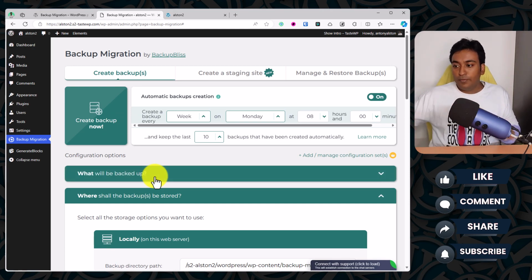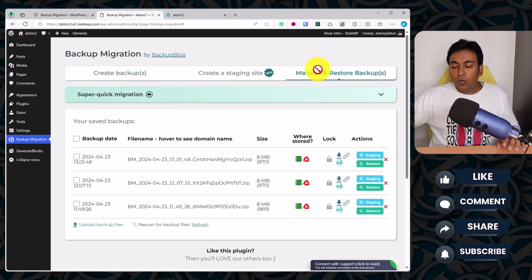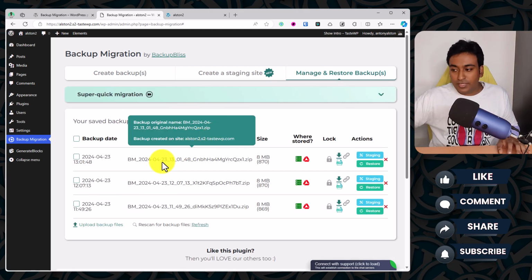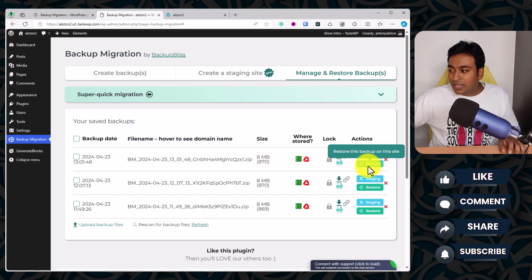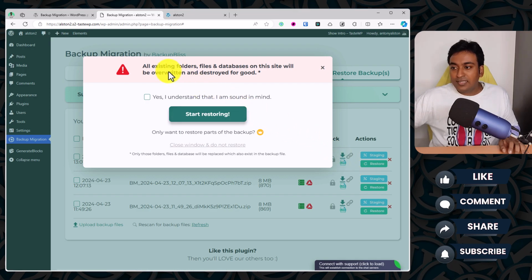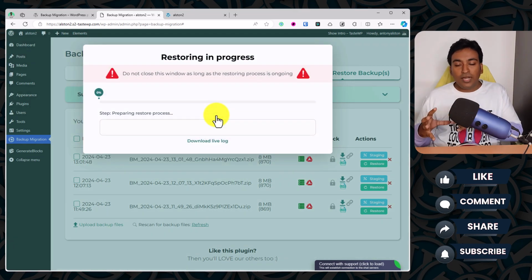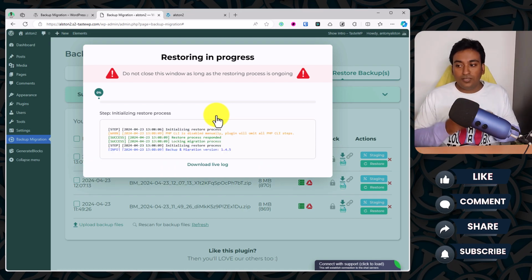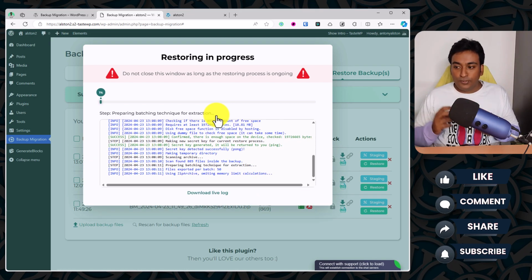Now quick information: you created the backup, how do you restore it? If you are keeping it on the local server within the website itself, you can just click on this restore button on any of the backups you want, and it says that any existing file is going to be replaced, because when you restore a backup, all the existing content will be lost. So it is giving you that warning. Just click on yes and click on start restoring, and it is going to automatically restore the site based on this backup. You can see how easy this process is.